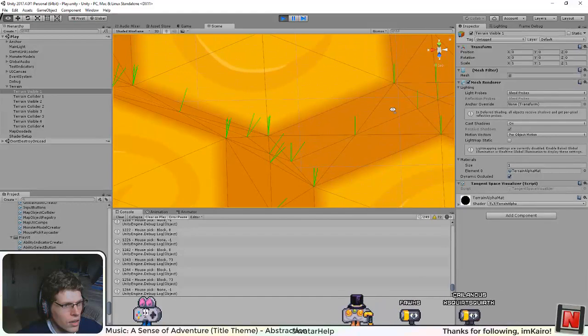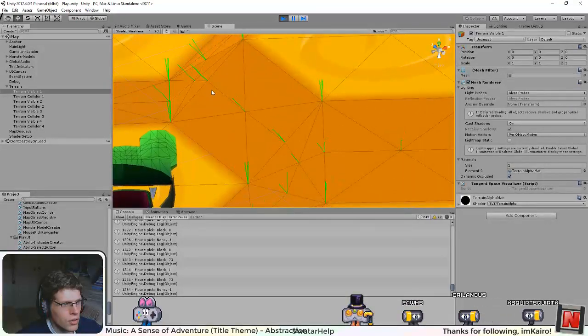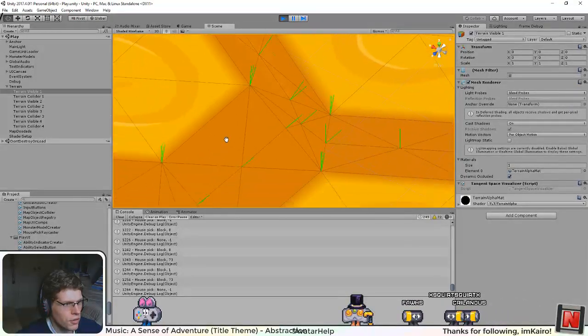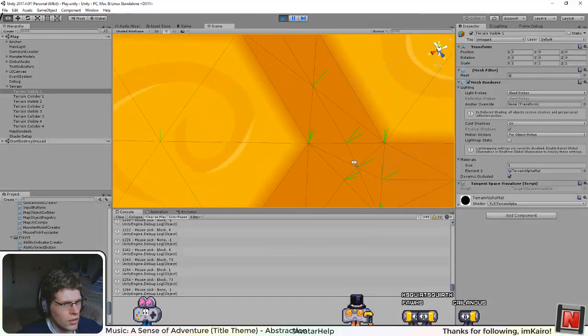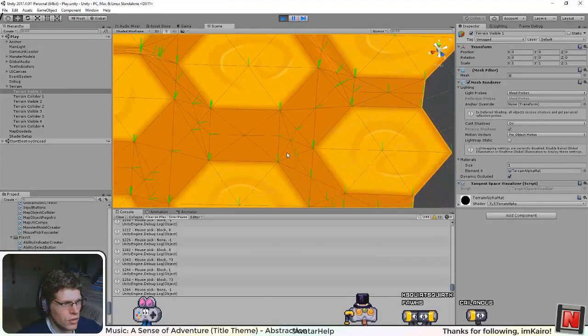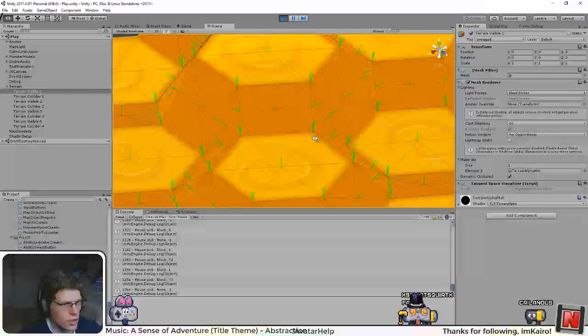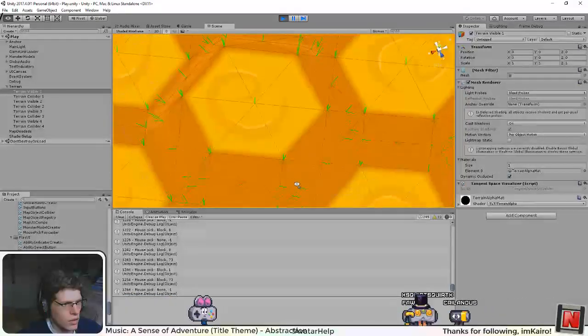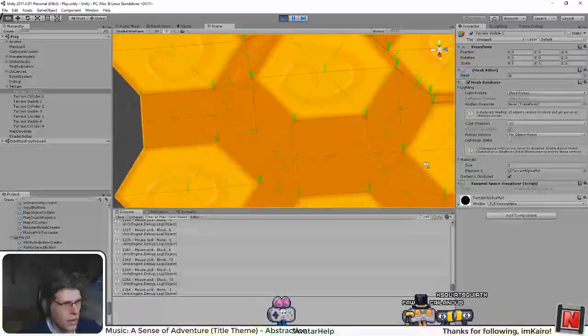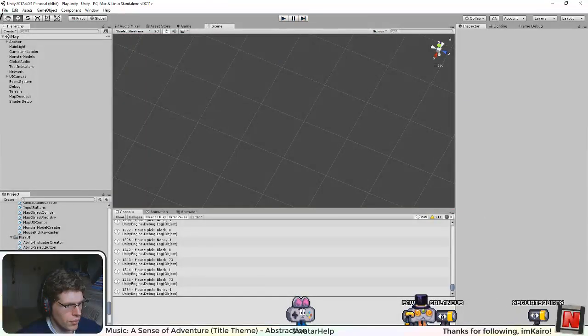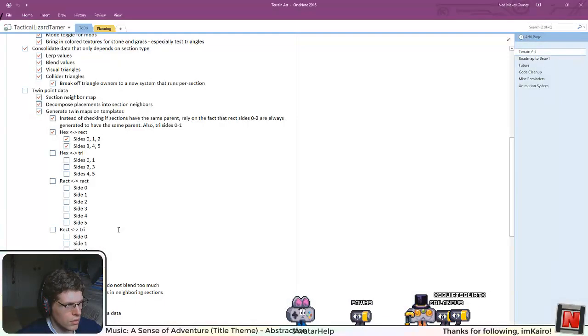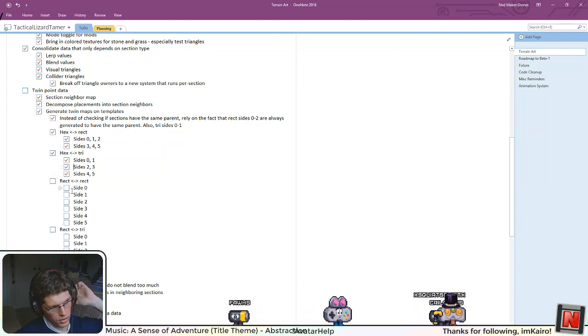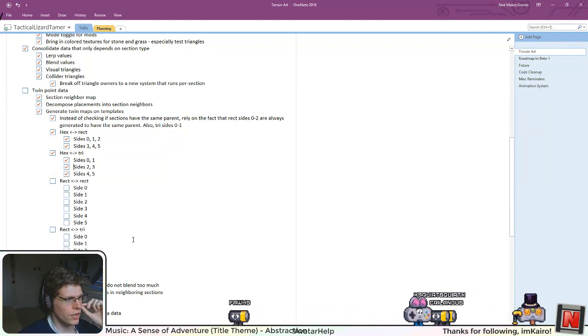Alright, so I think I don't see anything else weird. Let me check a couple more triangles to make sure everything is still okay. Alright. So this is all good. So now I'm going to do rectangle to rectangle,